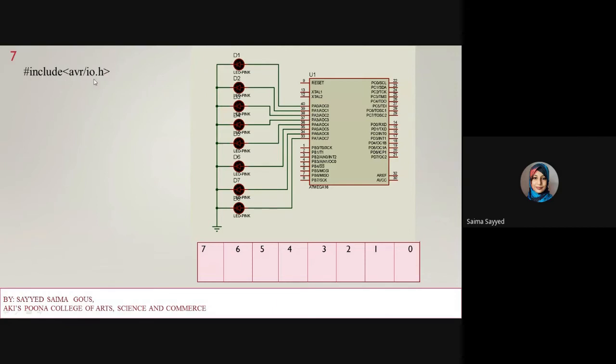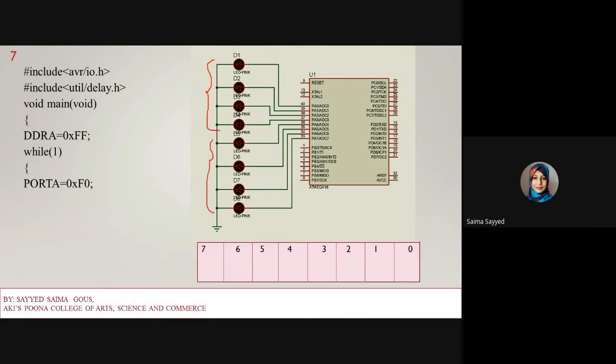So here include a header file, input output, a standard header file of AVR, then delay header file, then main program. Then DDRA is equal to 0xFF as port A is used as an output port. Then while(1), then PORTA is equal to 0xF0. Of these 4 LEDs, the upper 4 will be on. So this will be